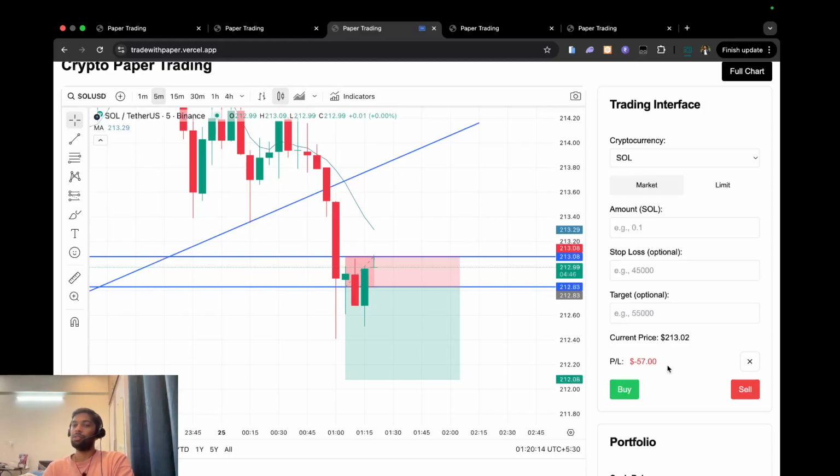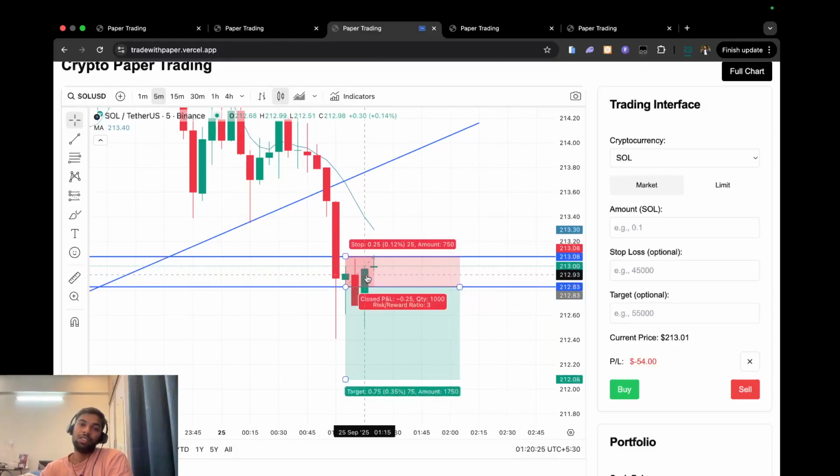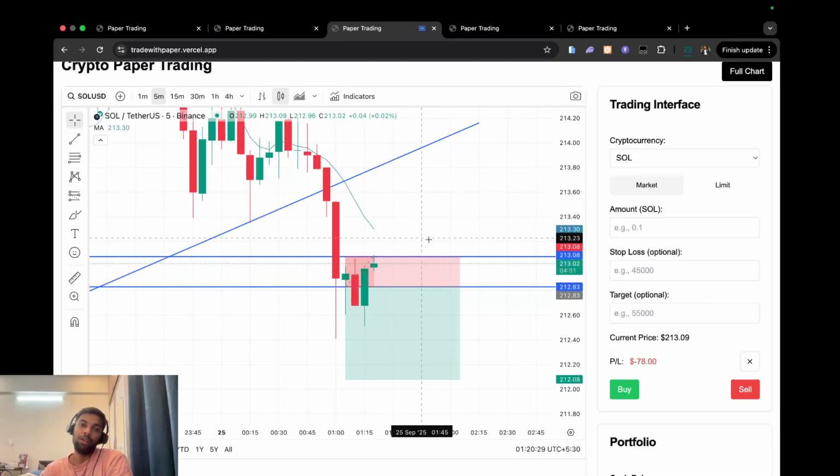and it is trying to reverse from our stop loss. Although I haven't squared off my position because there is one more attempt, because see, this candle is very bad, guys. This might continue in the upward direction. I think I have to close my trade, because this is not good, guys.